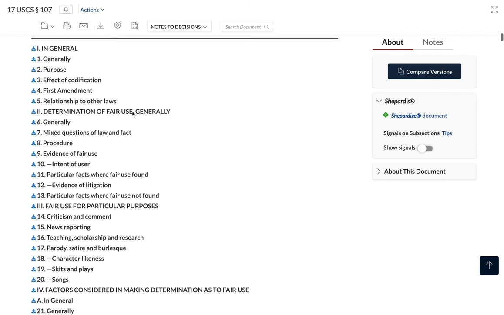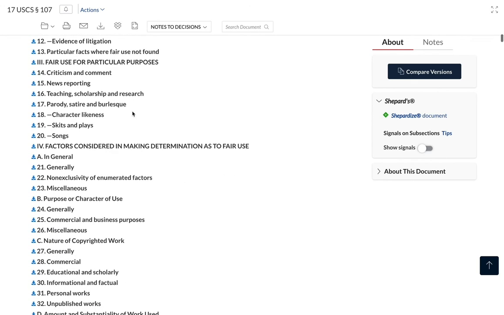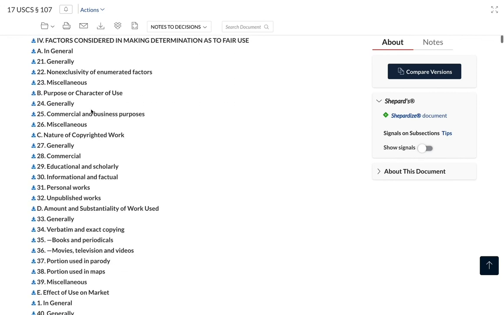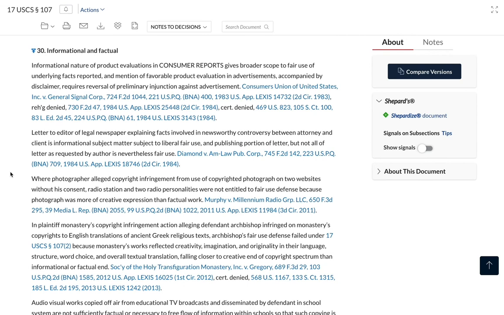There are several Notes to Decisions topics pertaining to the factor of the nature of the copyrighted work. There also is a topic that specifically addresses informational and factual works. Here we see some illustrative cases with one-sentence summaries involving whether copyrighted works are informational or factual in nature.